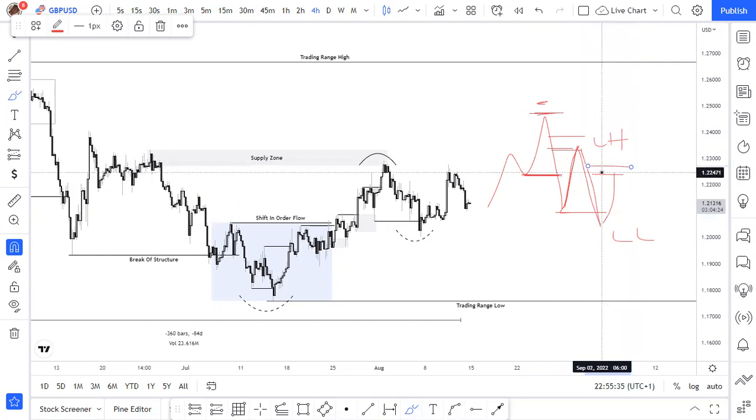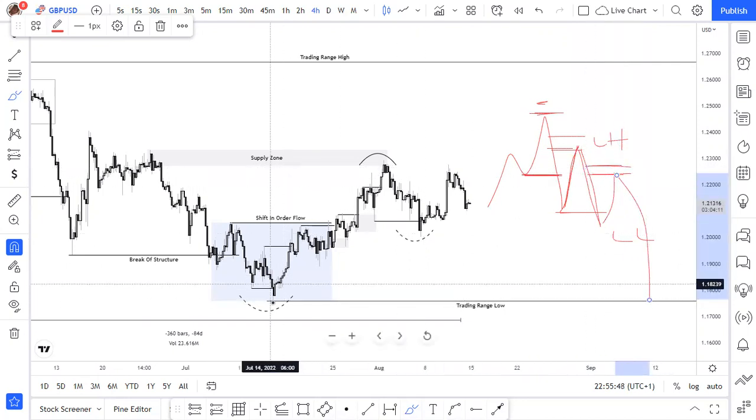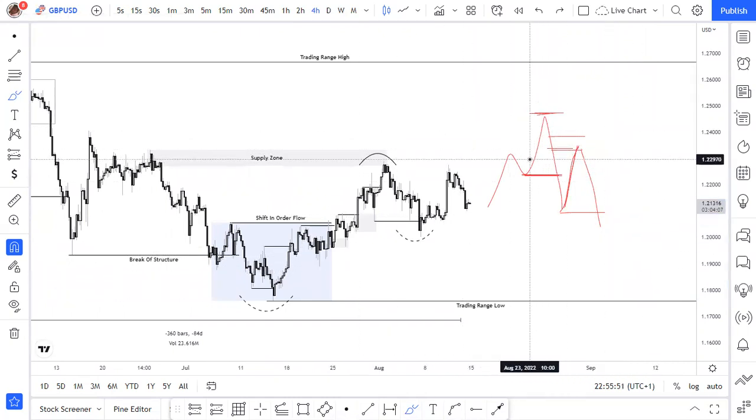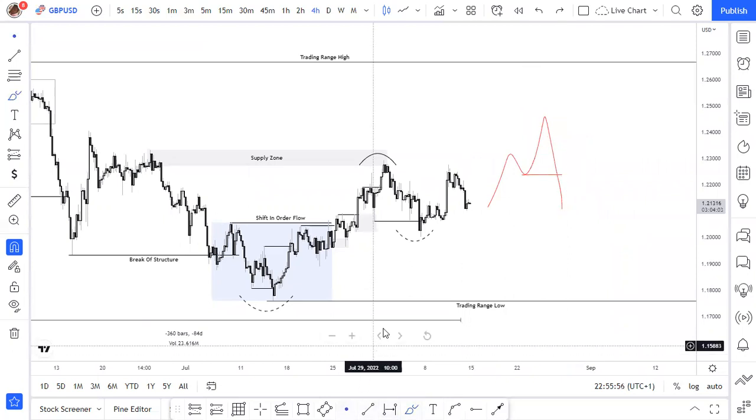I can see that this structure has been confirmed because we have a lower high and then a lower low. So I can look for trades within somewhere here or here and then look to target that daily low. So that's how we'll be looking at the hour time frame on the